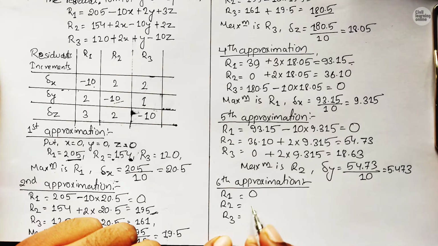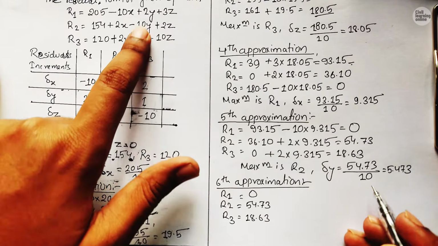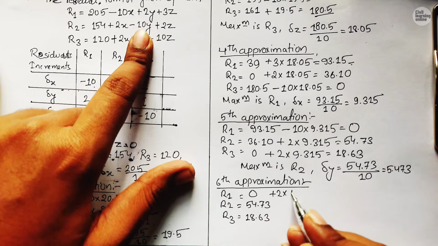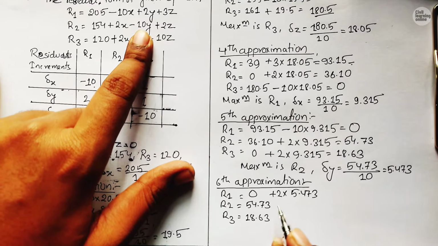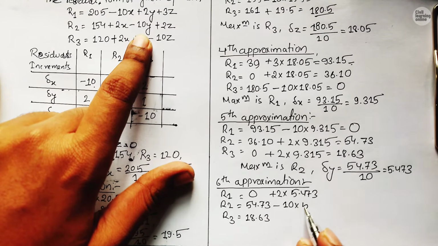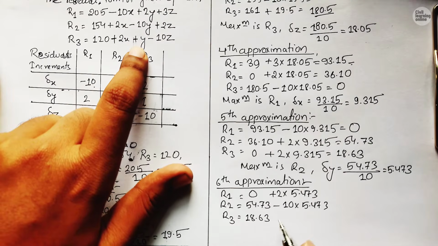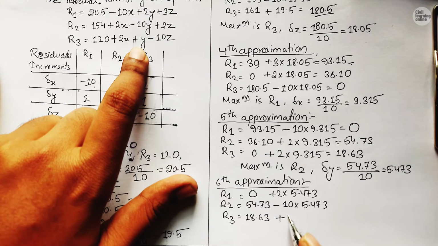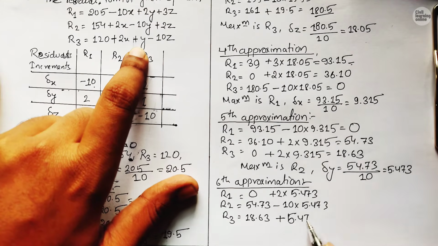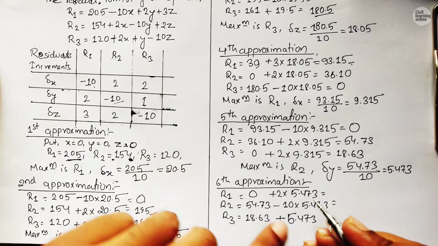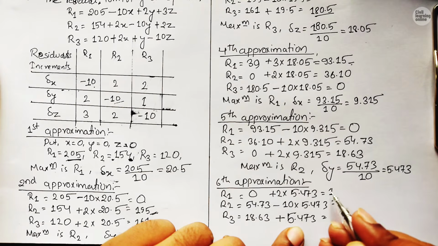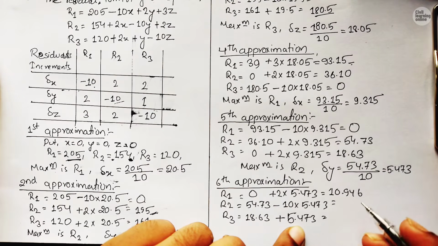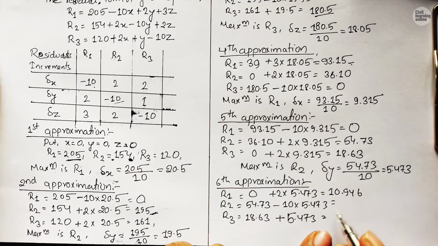Write down the value, that is 0, 54.73, 18.63, and we have Y. So Y is plus 2 times Y is 5.473, minus 10 times 5.473 Y, plus Y is plus 5.473. So on solving this we will get the value, that is 10.946, and this gets 0,